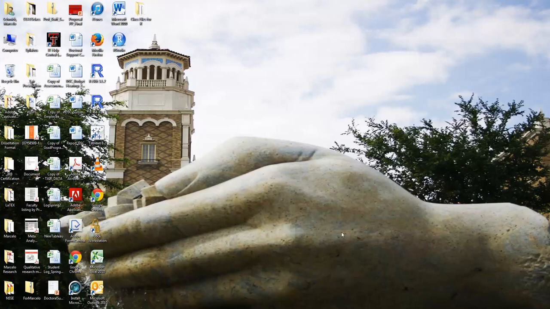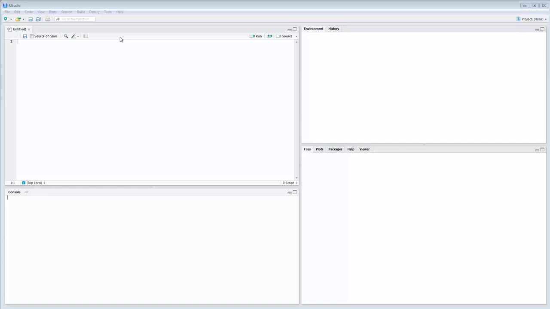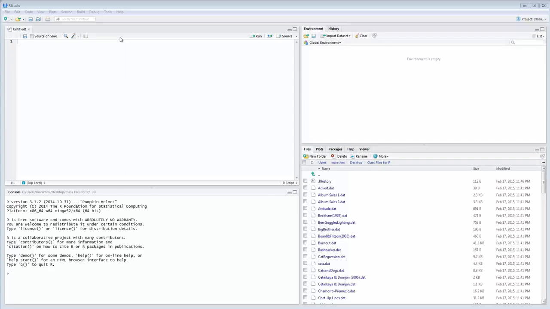So by now you have downloaded RStudio, and you've also downloaded the class files for R from the Andy Field page or the Sage Publishing page, Discovering Statistics Using R. But you have all three of these elements which are necessary to be successful. Once you open R and you have set R to open up to that directory with all your files, you